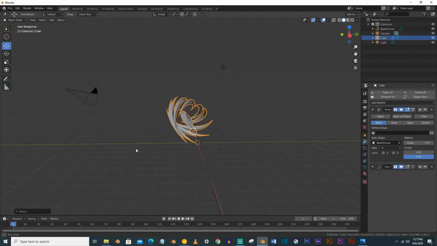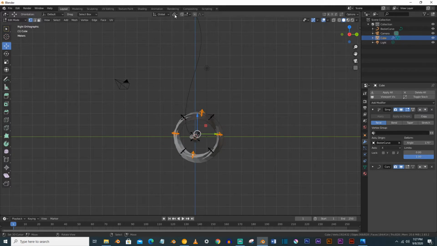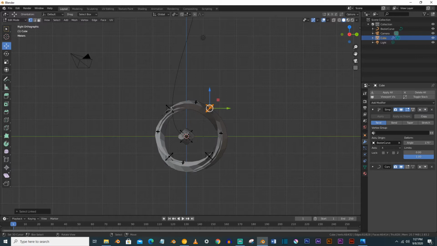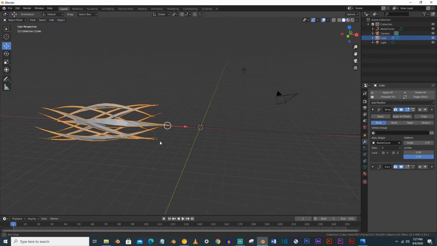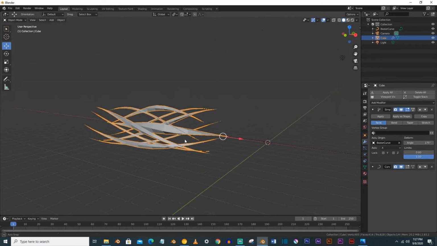So now you can make some other modifications, like turn on the individual origins, and now scale on the X-axis to make it a little bit smaller or shorter, S and Shift X to make it smaller like this.